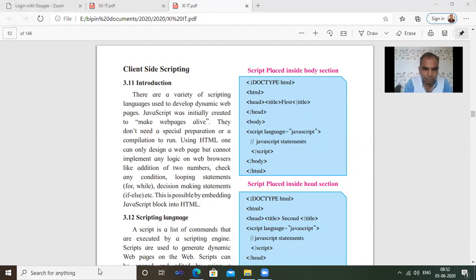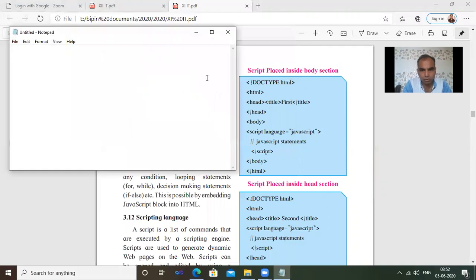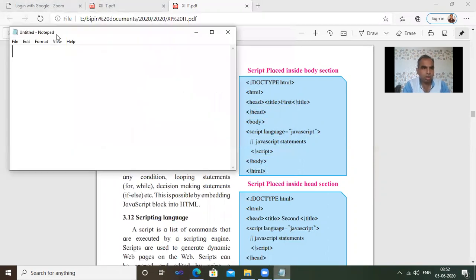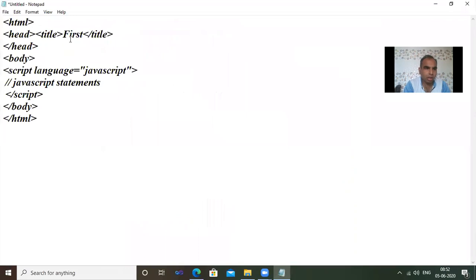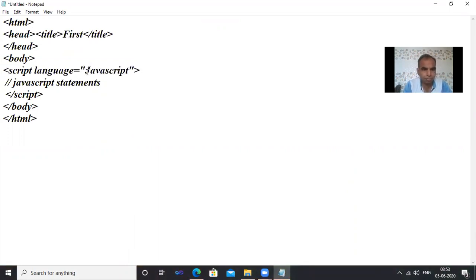Go on Notepad, type the HTML, head, title, head, body. After that, script language equal to JavaScript. Here, you have to type J capital and S capital because it is a case sensitive language.